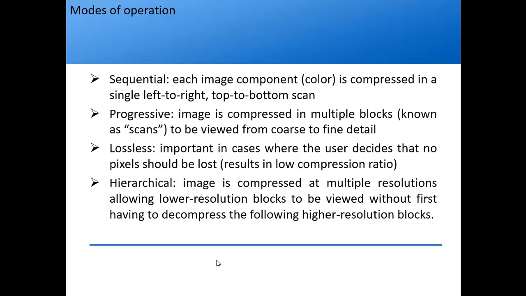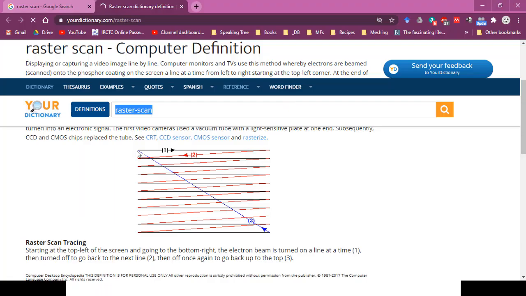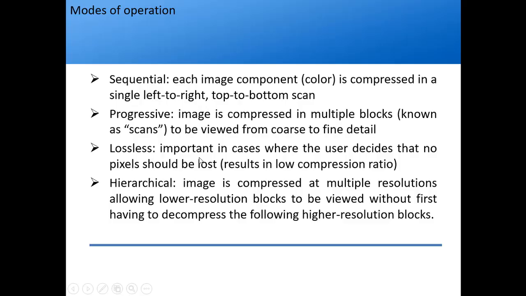Raster scan means what again? Left to right, top to bottom scan. So I start from the extreme top left, I go to the right, scan all the values, then I go downwards and again to the left. So I am always going left to right. While I am coming back here, this red part, I am not scanning. I am only scanning from left to right, and I am going from top to bottom. So this is what raster scan is, left to right, top to bottom.